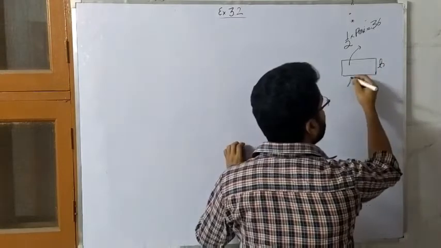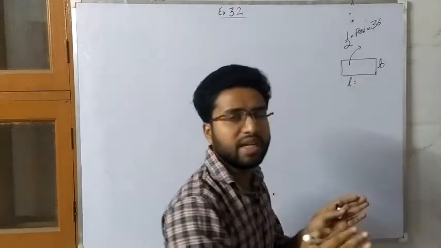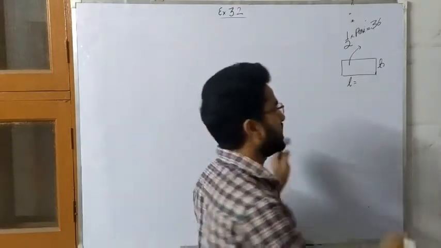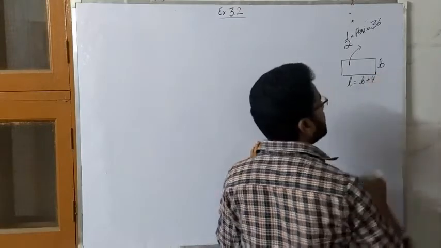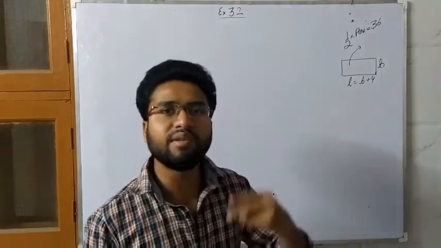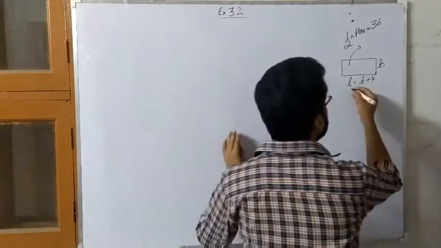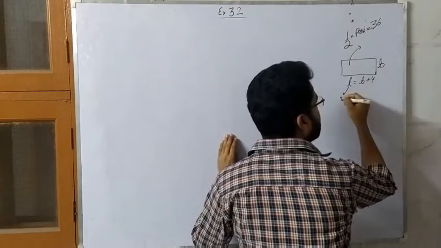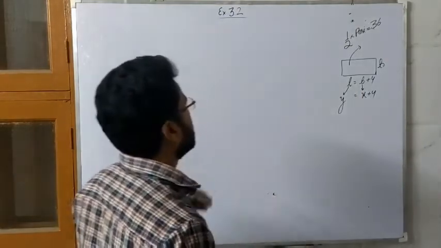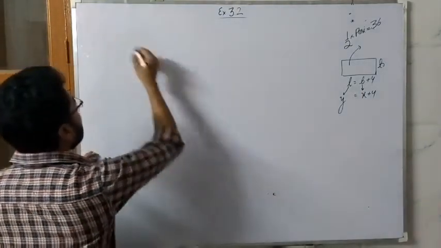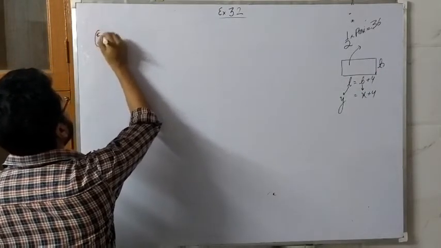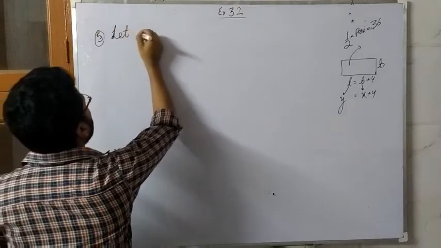Let's say B is the breadth, then the length is 4 more than the breadth, so that means length will be b plus 4, right? Since we are in chapter 3, we will not say l and b, we will take two variables x and y, right? So remember, this one we will always let as y and this one we will always let as x, right? Okay, so now it is clearly visible what we have to let. So question number 5th, right?